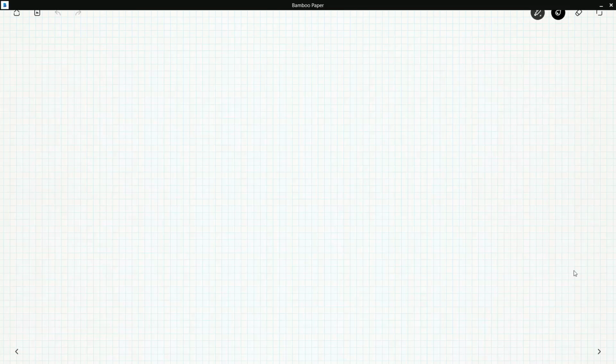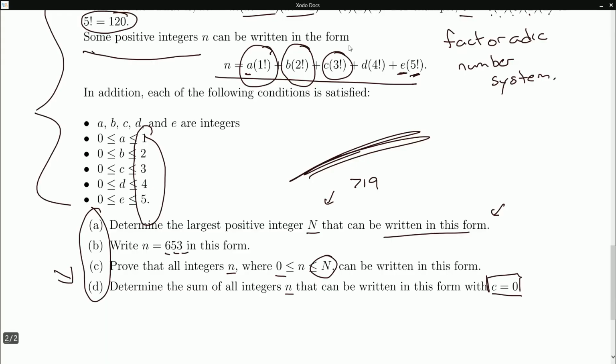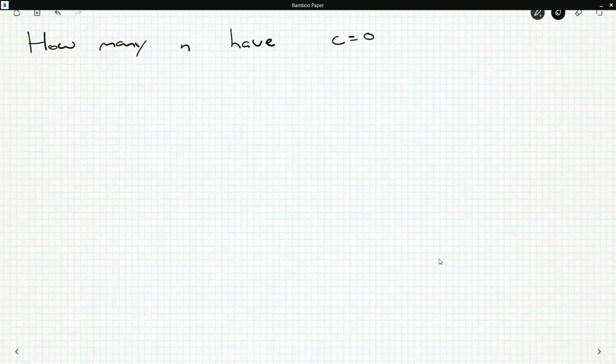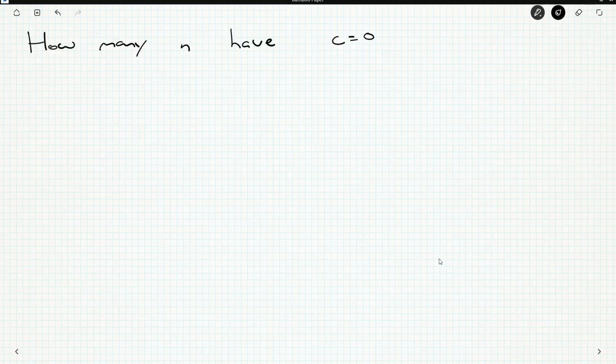So what do we want to say? How many... So we'll start D here. How many n have c equals 0? By the way, I didn't have to prove uniqueness, right? No, in C, just written in this form, not uniqueness. How many n have c equals 0? Okay, well,